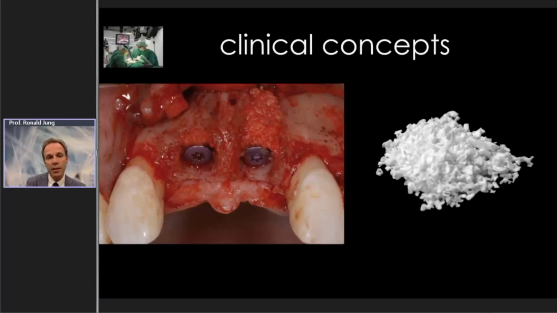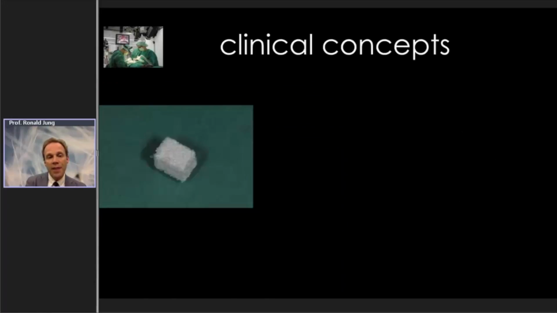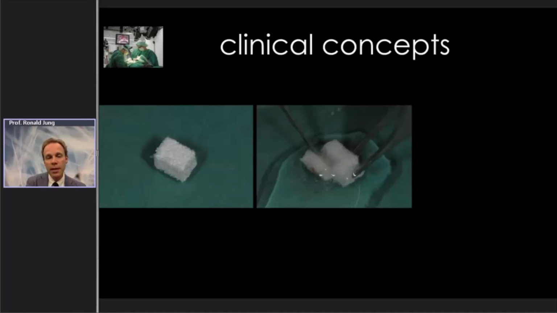And then on top, we're going to do this L technique, which is meant to be more a kind of contour augmentation, not just primarily a bone augmentation. And here you can see that when it is wet, the BIOS collagen can be easily shaped according to the dimension you would like to have. So we have this L shape. That's how it looks.